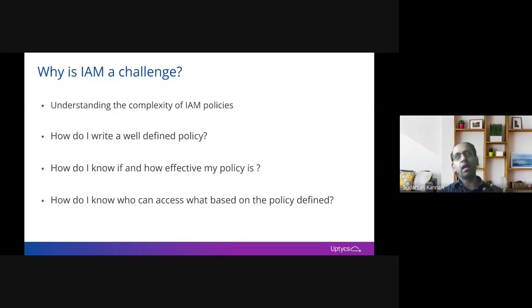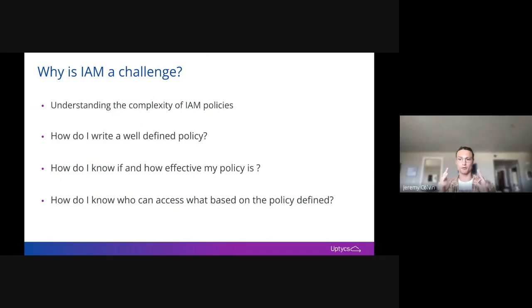And then finally, last but not the least, even if I do all that, if an auditor knocks on my door and says, can you tell me who can access that S3 bucket that has PII data, like a social security number or your driver's license or whatever that may be, can you tell me who can lay hands on that data? Can you give me that list? If somebody asks this question, you should not be thinking twice, and your mean time to get that answer should be very short. But that's not the case today. That's the kind of problem we are talking about for existing organizations today.